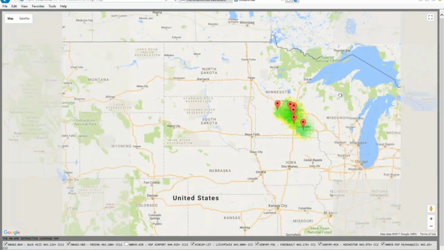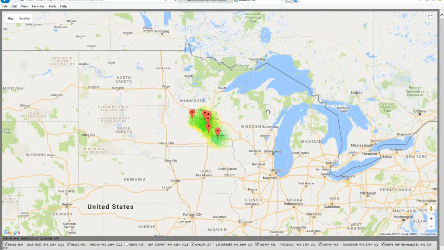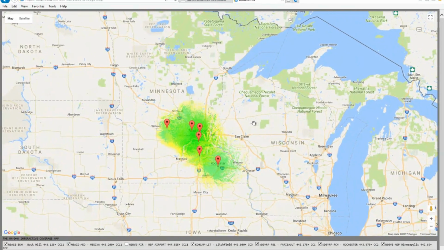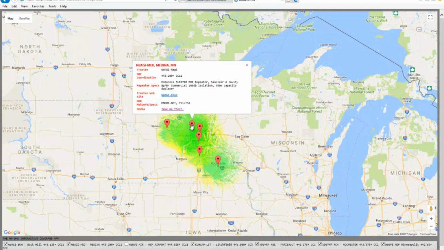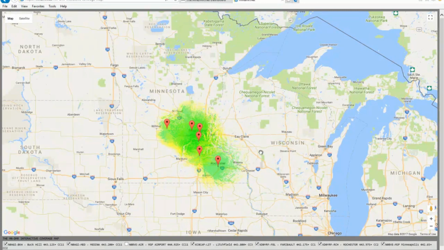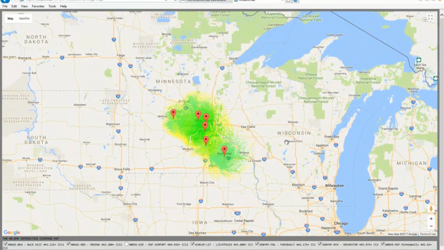And then of course you can zoom in and out. This uses Google Maps, so it's fairly straightforward. And then you can also click on, for example, let's say Medina here. It shows you some additional details about that repeater, and then you can go into the links and whatnot. So there's some activity that you can play around with and see how each of these repeaters provide coverage for the state of Minnesota. All right, so that's the interactive coverage map for the